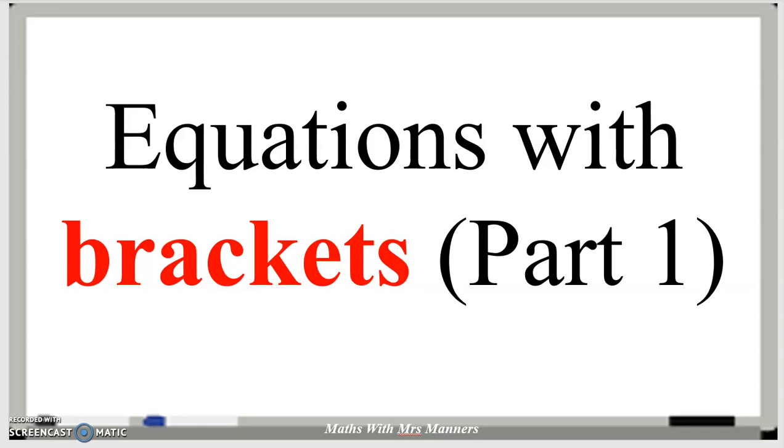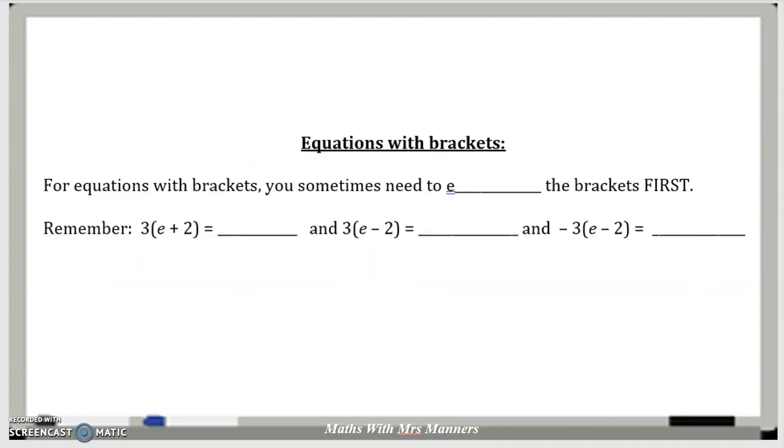This video is on equations with brackets, and it's the first of two videos that we'll be making on equations with brackets. So when you have an equation with brackets, what you need to know is you have to expand the brackets first. And if you've forgotten what expanding means, it's where we have a term out the front of